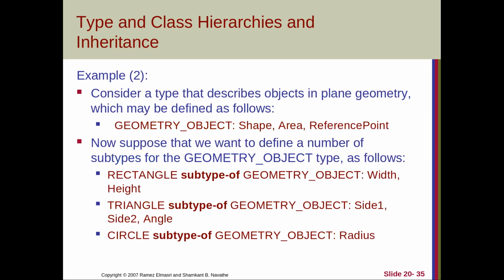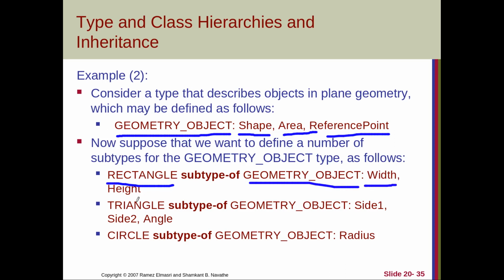Now we'll see one more example of this type and class hierarchy. Consider one more type where we are describing a geometry object which consists of the operations shape, area and reference point. Assume this is the base class or base type. Now we can create a new type, rectangle, subtype of geometry object, by adding, along with the shape, area and